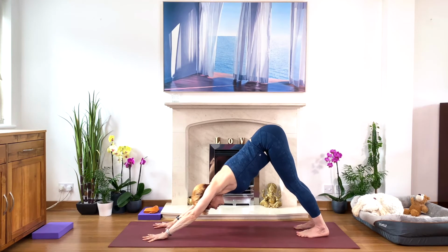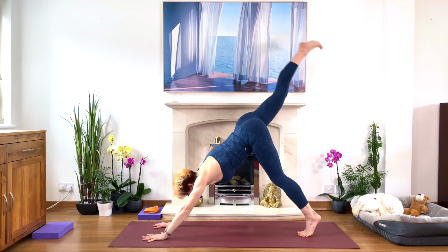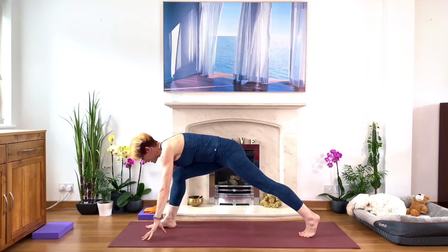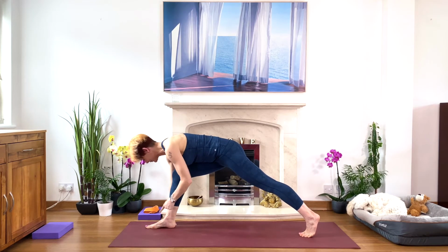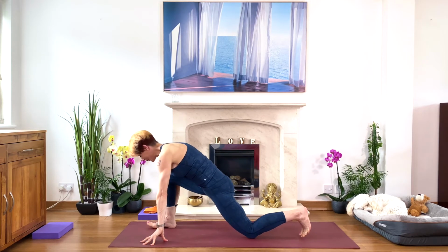On your next inhale, come up on your tiptoes, look between your hands, right leg up, step forward, or bring your knees down and then step forward. Help with your hand if you need. You want to see front knee above your front ankle, back knee, your left knee down on the floor, and